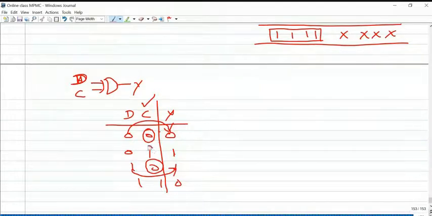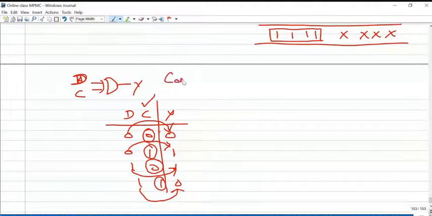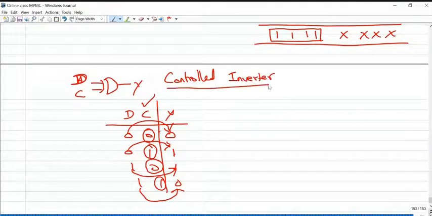If the second input is 1, the first input is inverted and available at the output. So this is otherwise called a controlled inverter. So depending on this particular value, either Y follows D or Y equals the inverse of D.